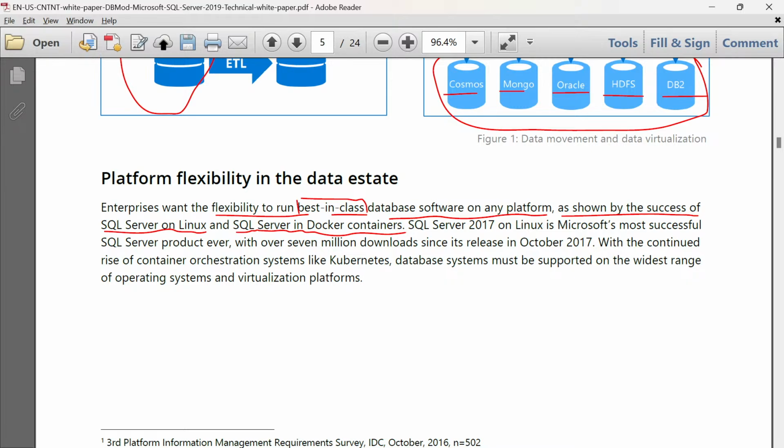If we talk about the previous versions, because we are now on the verge of introducing SQL Server 2019, definitely we will be comparing the features, the achievements, the benchmark satisfactions of its previous version, the predecessor.